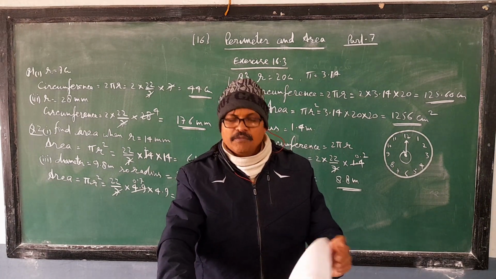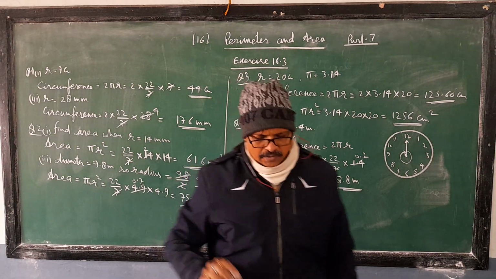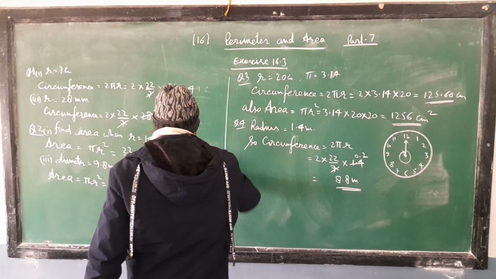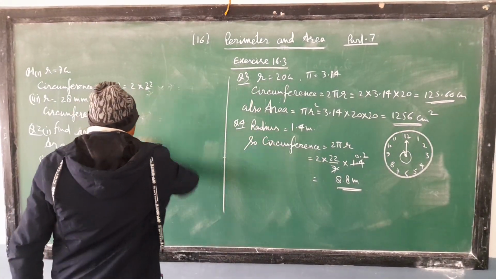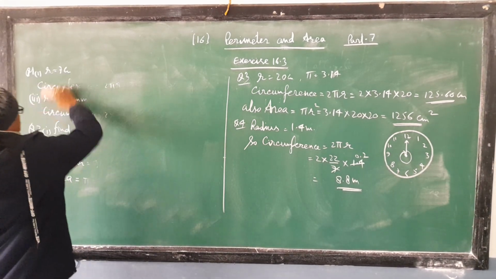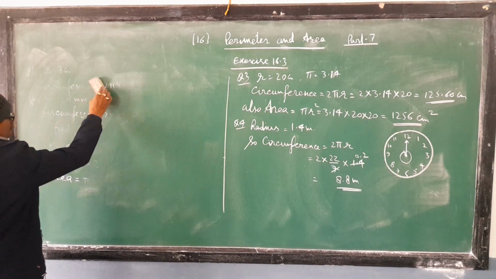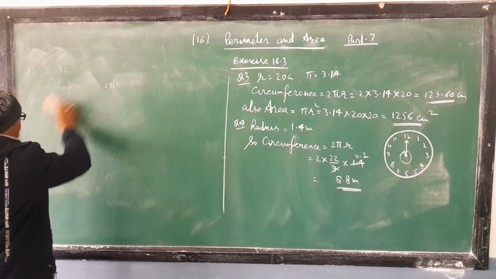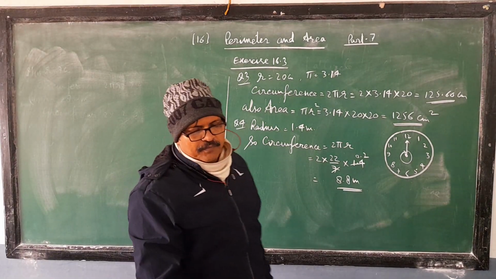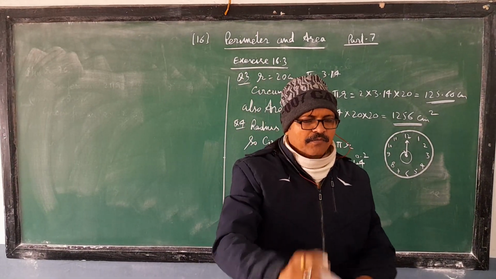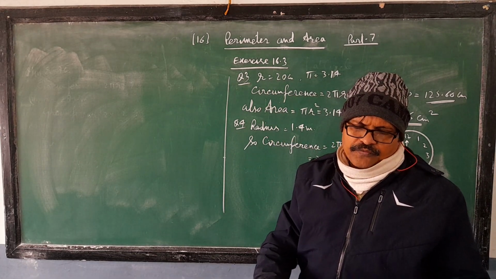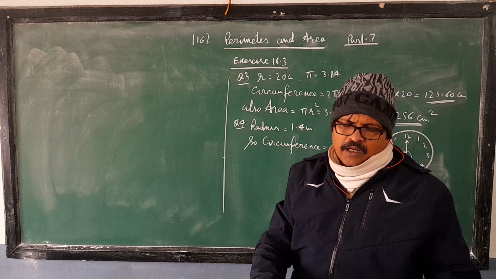Now question number 5. Observe this side. These questions are very easy. You have to remember the formula. You must learn that formula. See question number 5. A gardener wants to fence a circular garden of diameter